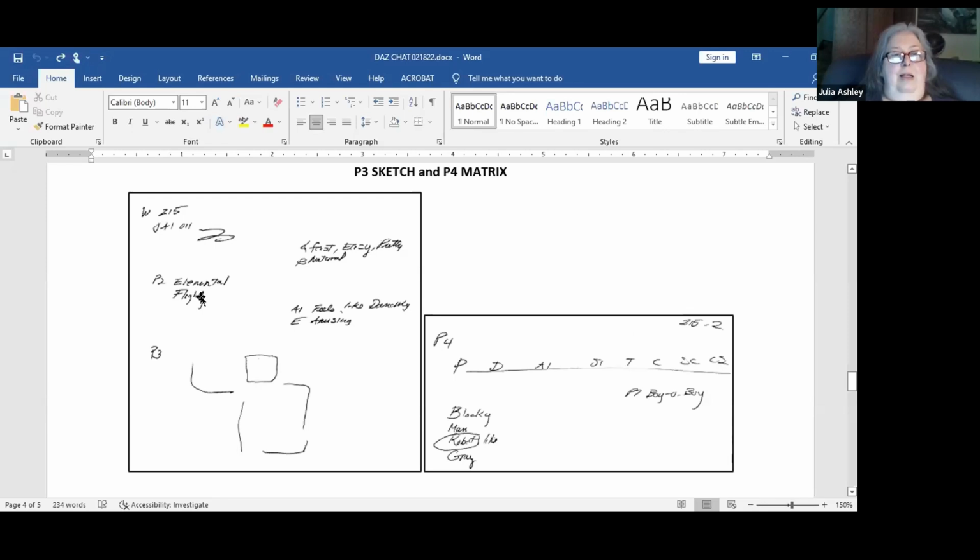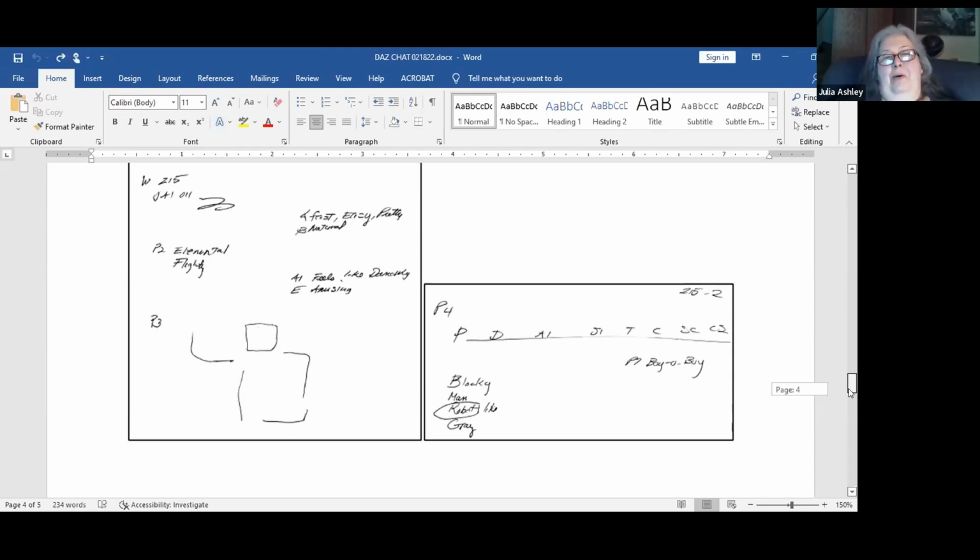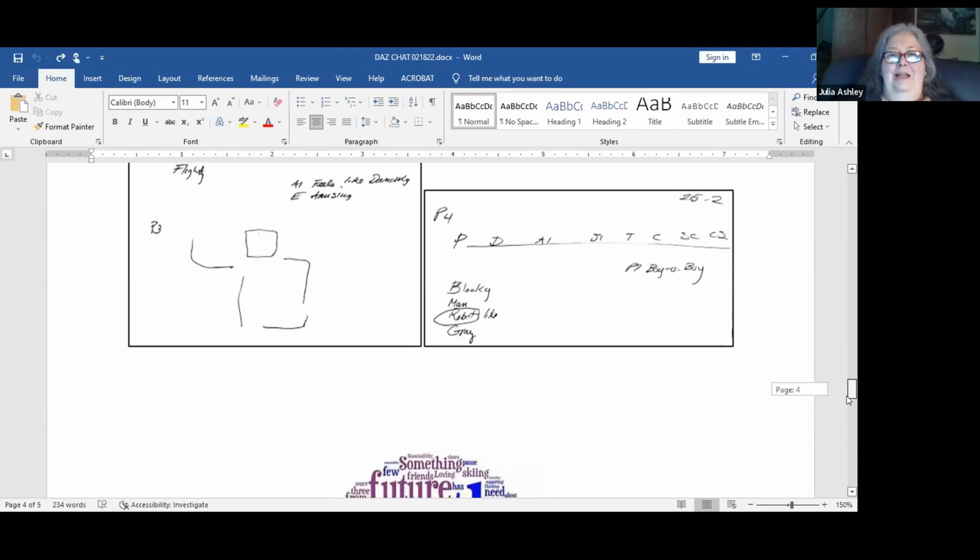215, I wrote down elemental, flighty, did this funny looking sketch, went to phase 4, wrote robot-like. The word of that day was robot. If I had pulled that actual word off of my page and put it in, I would have gotten it on the first try. But no, I wrote down flight, I wrote down something else and missed getting it on the first try. But in my session, I had robot.